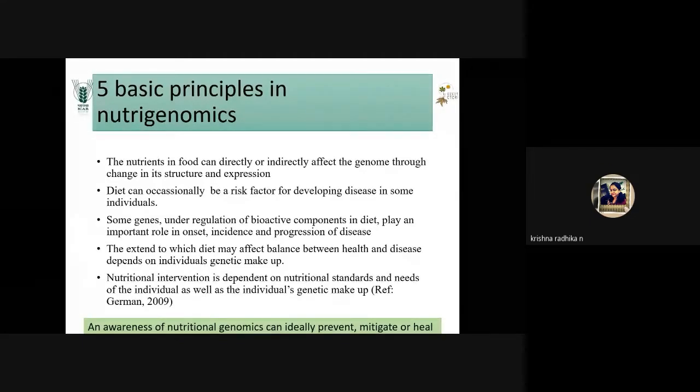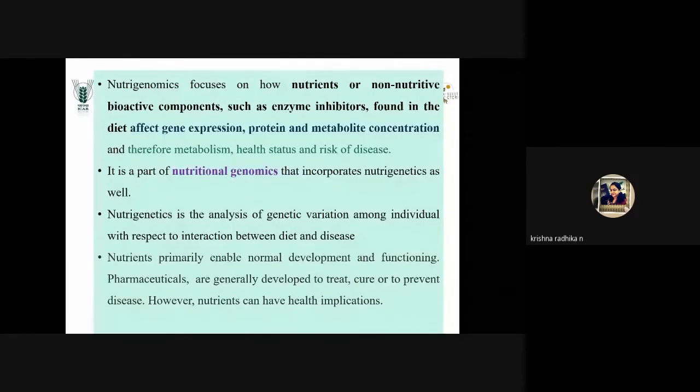Nutritional intervention is dependent on nutritional standards and needs of the individual as well as the individual's genetic makeup. An awareness of nutritional genomics can ideally prevent, mitigate, or heal chronic diseases. Nutrigenomics focuses on how nutrients or non-nutritive bioactive components such as enzyme inhibitors found in the diet affect gene expression, protein and metabolite concentration, and therefore metabolism, health status, and risk of disease. This is a part of nutritional genomics that incorporates